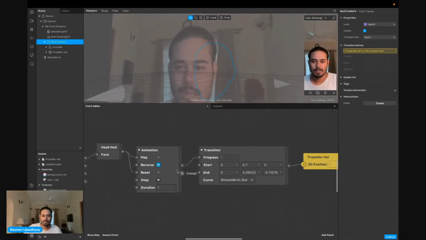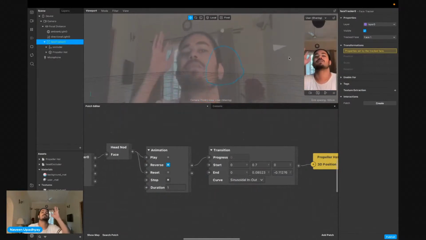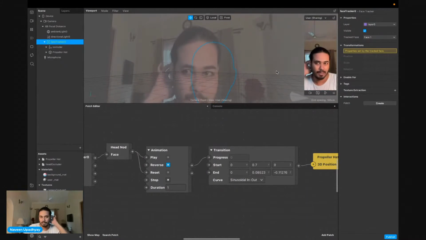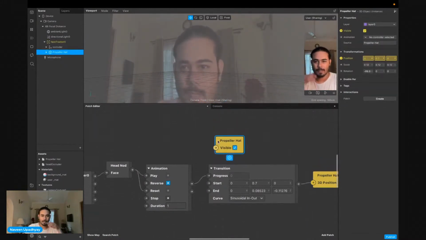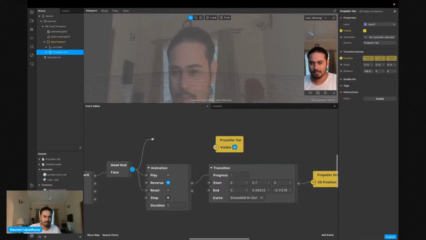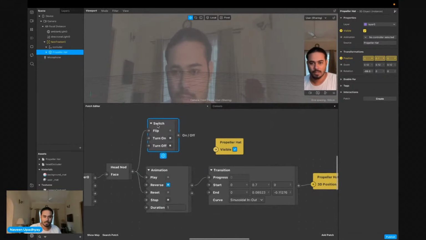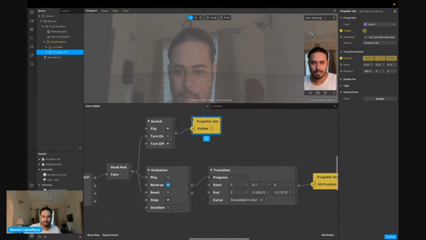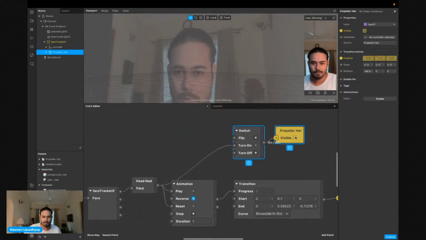So if head nod is not detected, then I'm going to make it invisible so that the artifact is gone. So what I need to do is use this visibility, and when head nod happens, I'm going to have a switch, and the switch is going to turn on and give it visibility. Okay, and when that's gone, I need to turn it off.